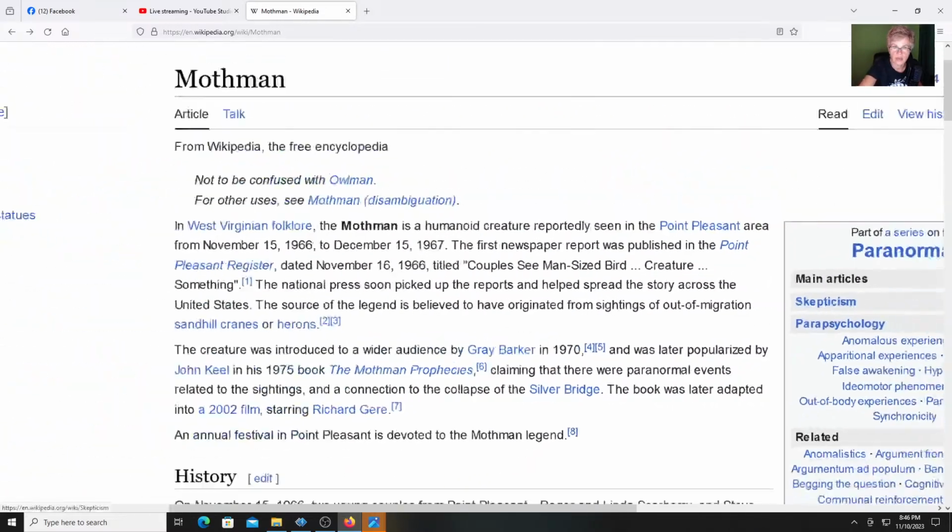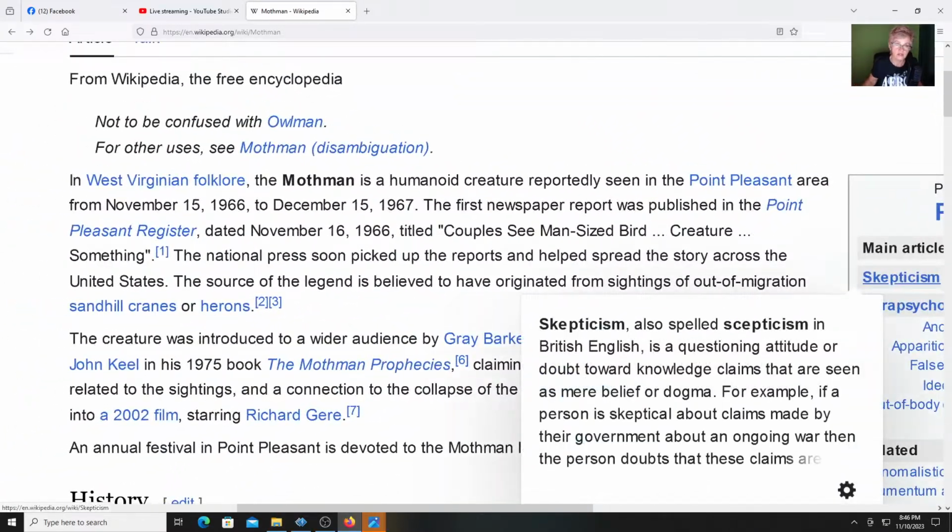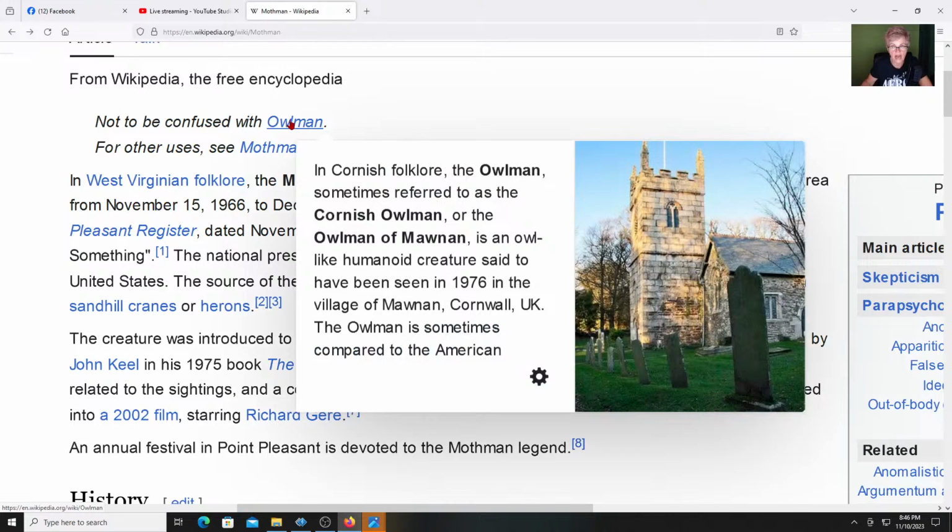This is real. Batman and Mothman, not to be confused with Owlman. There's an Owlman, you all. Look at that. Hello there, Debbie. An Owlman, sometimes referred to as the Cornish Owlman or the Owlman of Mawnan, is an owl-like humanoid.